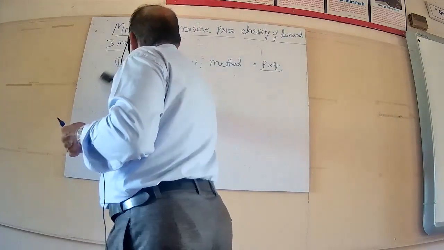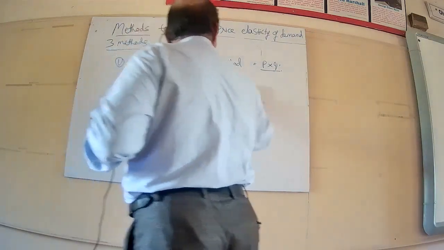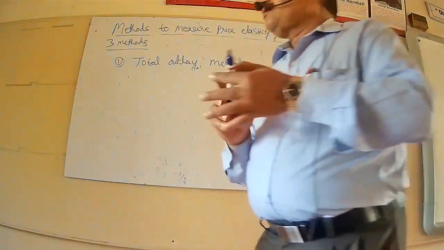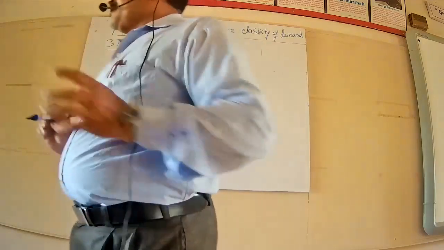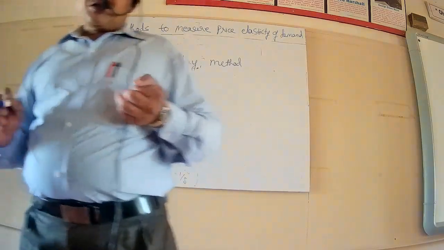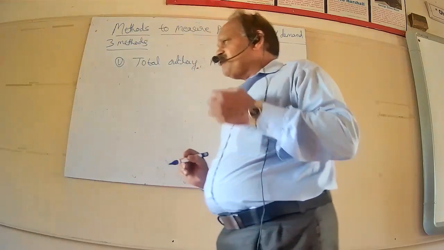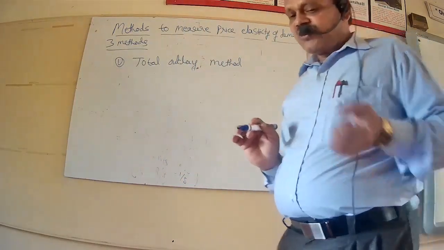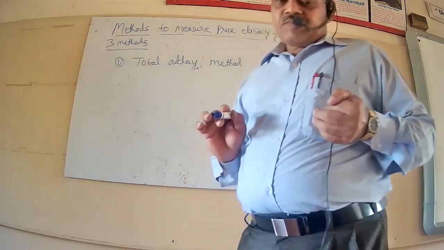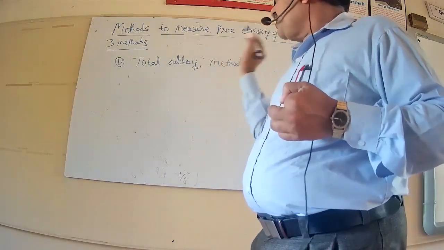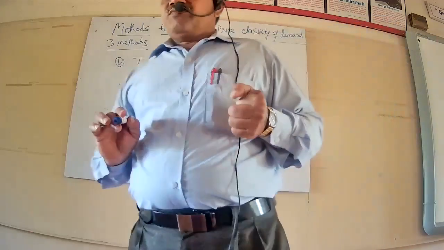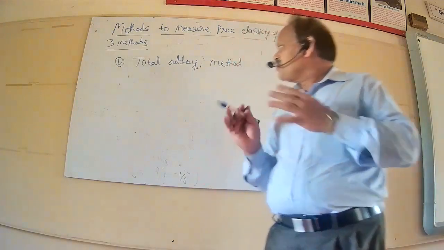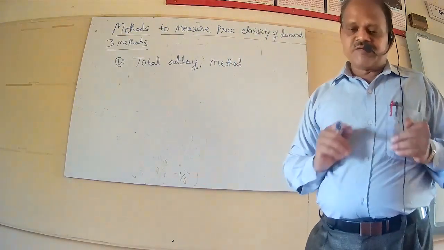Firstly, we have the total outlay method. In this method, I have told you, you will identify the three types of price elasticity of demand based on the behavioral changes made in the total outlay by consumers on a particular commodity. Now, how to identify the three types? Firstly, relatively elastic demand or simply elastic demand. How can you identify the elastic demand?